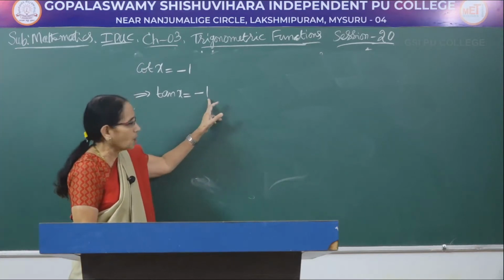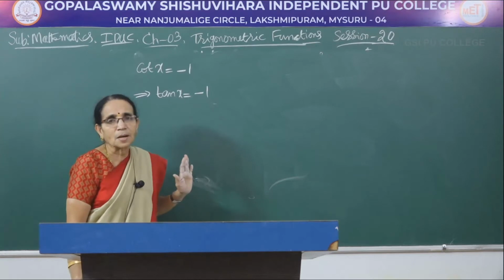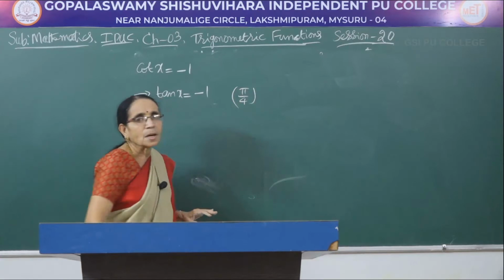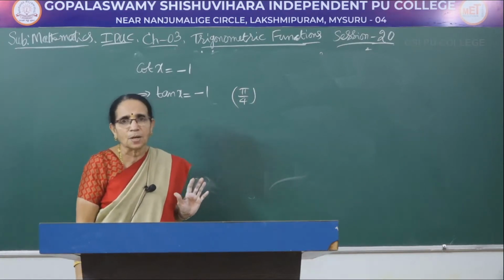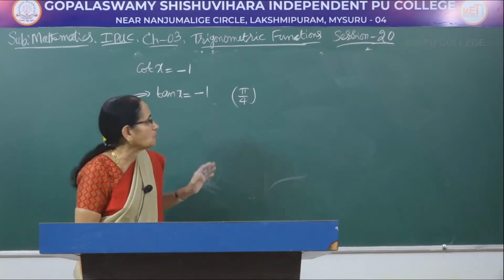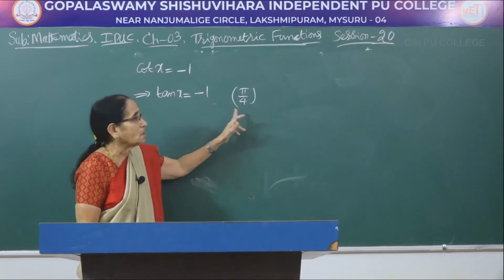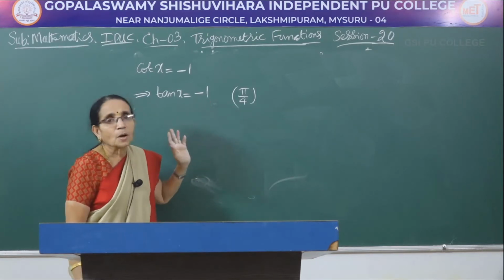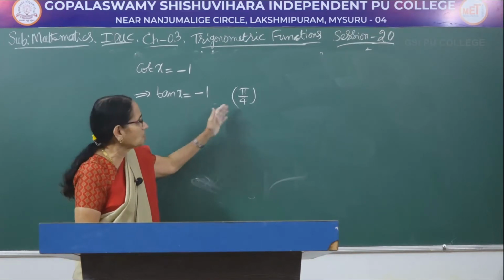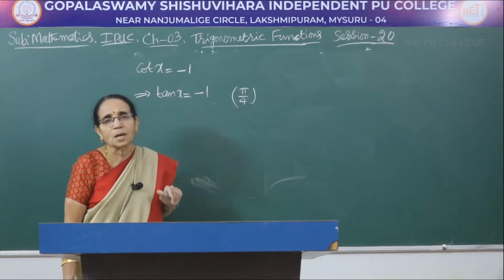Look at this one. For 1, forget about the sign. For 1, the corresponding standard angle is pi by 4, isn't it? We know that tan 45, pi by 4 means 45 degrees. Tan 45 is equal to 1. Therefore, when the real number we are having is 1, it is a standard angle. But look at this one, we have got a minus sign here, minus 1. So, tan x equal to plus 1, you could have written as in the previous problem. Tan x equal to minus 1 I have given.